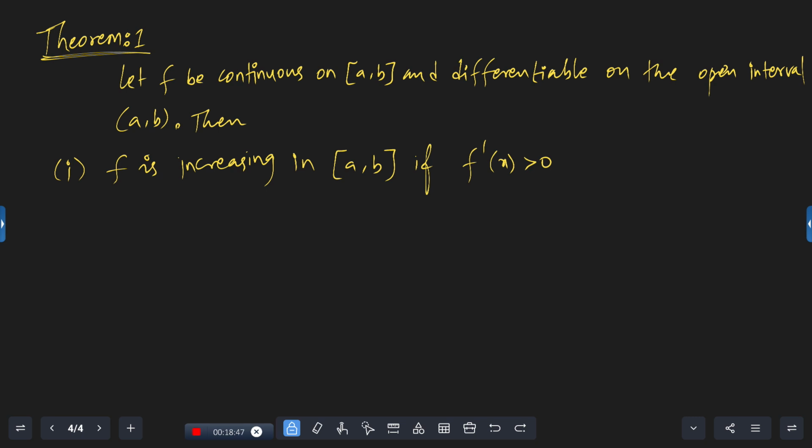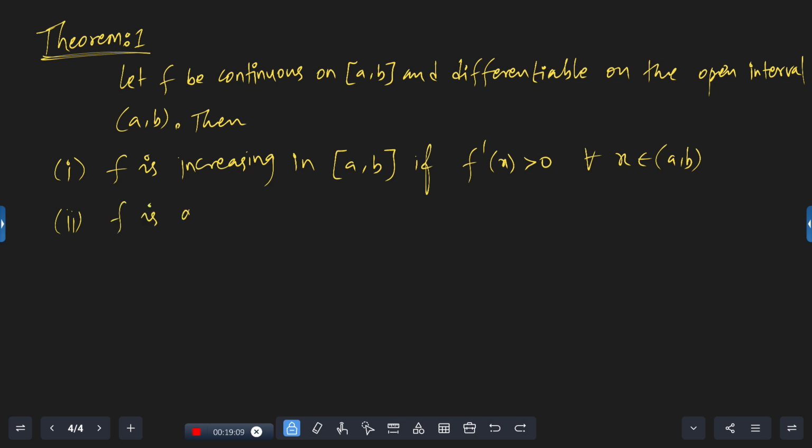So greater than or equal to 0, positive is the meaning. Here, for all x belongs to the open interval a comma b. See, the derivative must be on the open interval, increasing in the closed interval. Be careful, these points are very important. Be careful. And second point, suppose f is decreasing